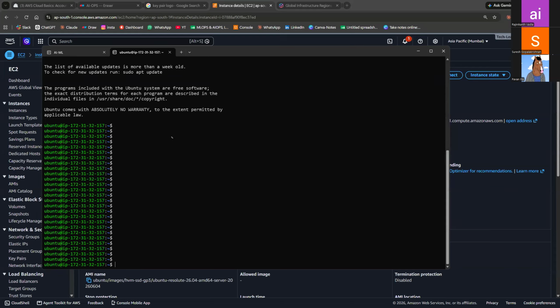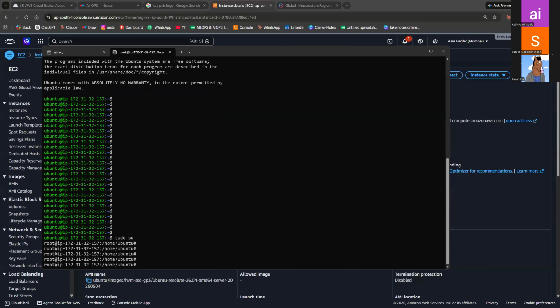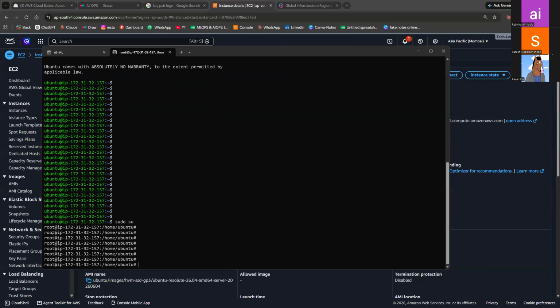For example, every time you need to do sudo su. Whenever you do this, su user is a super admin user. You will get into the root access. In some organizations, in your servers, you will not be allowed. That's again user management.